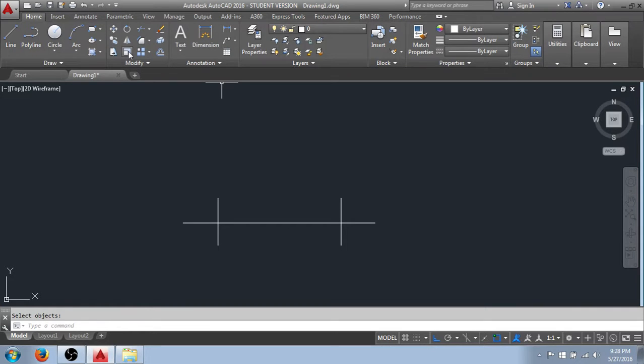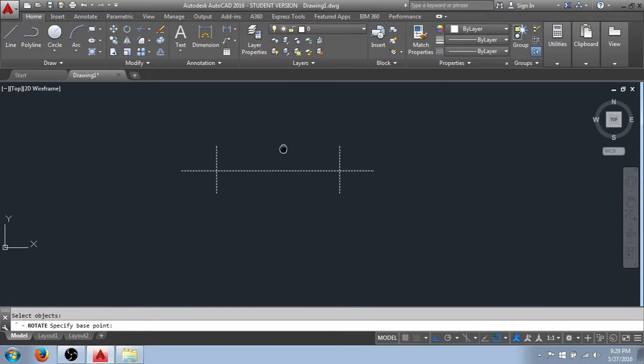The third tool that we'll look at on the modify panel here will be the rotate command, located here to the right of the move command. I'll click on the tool, and it asks me to select objects I'd like to rotate. I'm going to select this group of lines and hit enter to tell it that I'm done selecting objects, or to confirm my selection set. And again, it asks us for a base point. That would be, in this case, the center point of my rotation. I'll snap to the midpoint of this horizontal line,